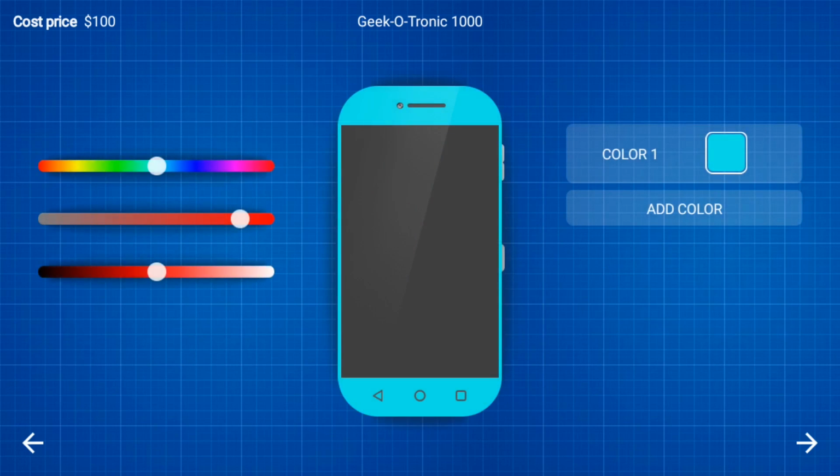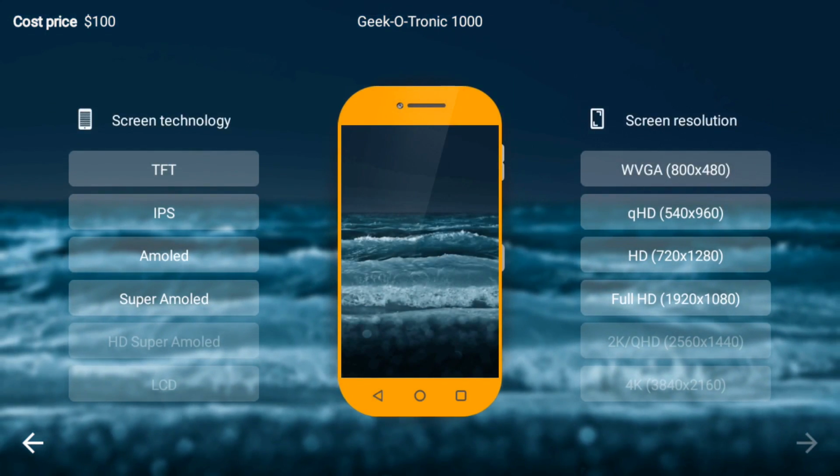So let's try and make it cheap. Now, let's add a colour. So let's go for, I don't know, red or something. That'll do. In fact, no, we've got an orange. What about an orange phone? That might be a fun colour to have. That might be an absolute eye-melting colour. There we go. So an orange phone, like so, because everyone wants an orange phone. Let's have